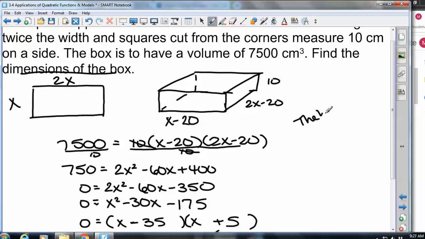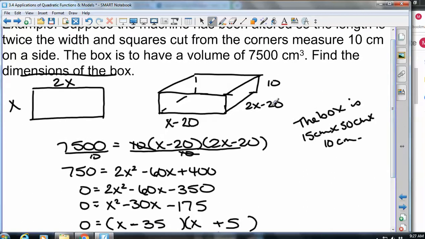The question was to find the dimensions of the box this time. So the box is, if I plug a 35 in, 35 minus 20 is 15 centimeters. 2 times 35 would be 70, 50 centimeters, and 10 centimeters. Wait, it's 50? Yeah, if you plug in 35 times 2 is 70. I was thinking 15. I guess I was going into 15. The answer we got